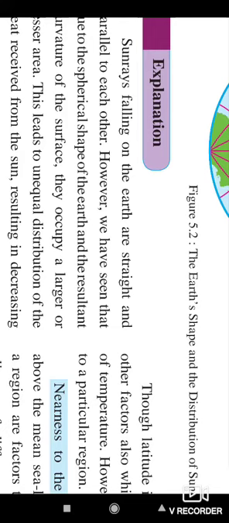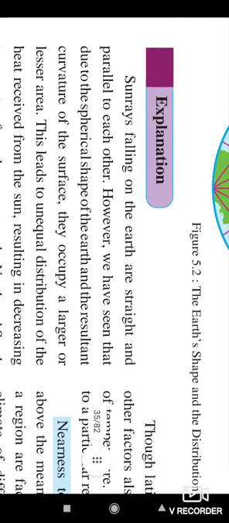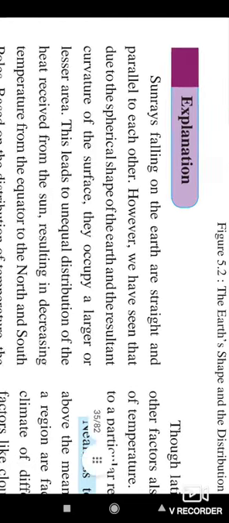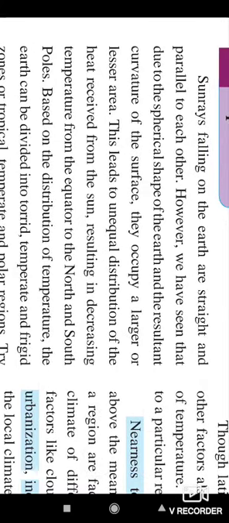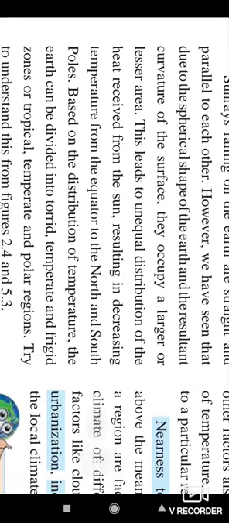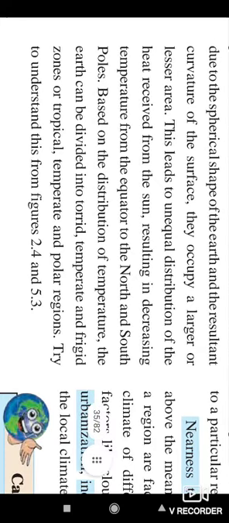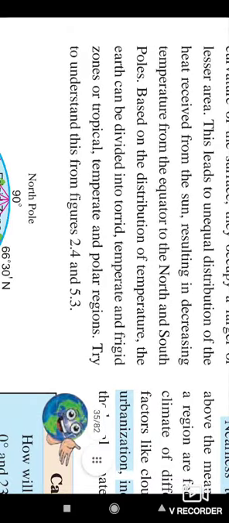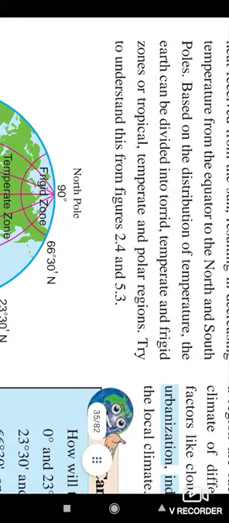So the sun rays falling on the earth are straight and parallel to each other. However, we have seen that due to the spherical shape of the earth, the resulting curvature of the surface makes them occupy a larger or a smaller area. This leads to unequal distribution of the heat received from the sun, resulting in decreasing temperatures from the equator to the north and south poles. Based on the distribution of temperature, the earth can be divided into torrid, temperate and frigid zones,